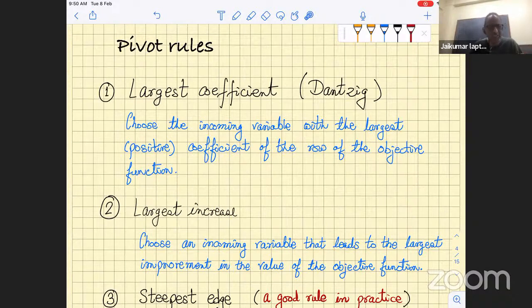What I mean by cycling is that the system goes through one basis, another basis, another basis, and then returns to the original basis and keeps doing that all the time, not improving the objective function at all, just playing around with independent and dependent variables without changing the current solution at all. So that rarely happens, but nevertheless, the original